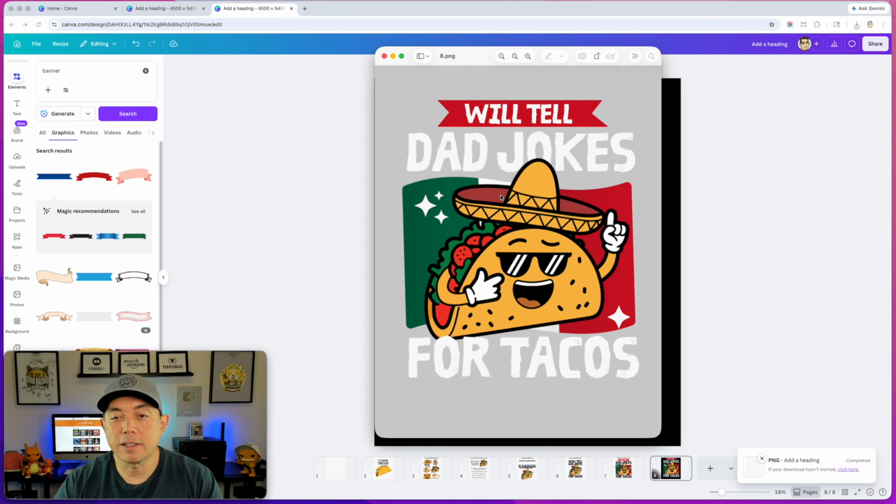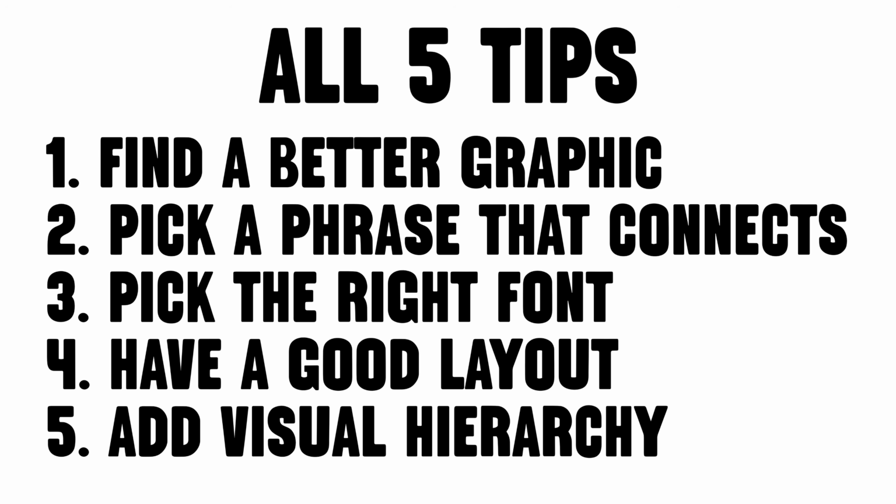And I think this does so much better than the original. It's more targeted, it follows good layout, it follows visual hierarchy, has the right fonts, and a graphic that gets attention, right? This is one that you will stop scrolling to look at. What is this? Oh yeah, this is so funny, right? It will stop you to make you read and look at the whole thing. So those are the 5 tips. Hopefully they help you in your design. Try it out with your next one and hopefully get a lot more sales. So there you go. Those are the 5 tips that you can use to take a bad design and make